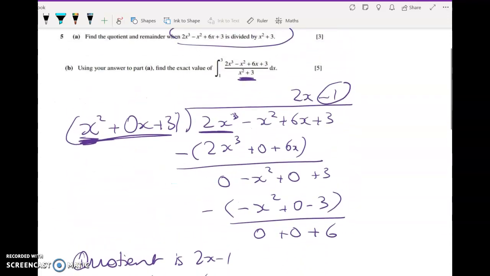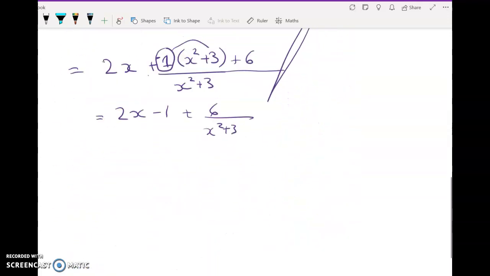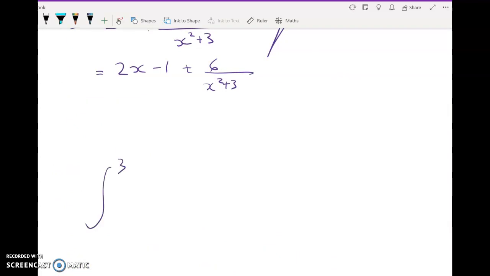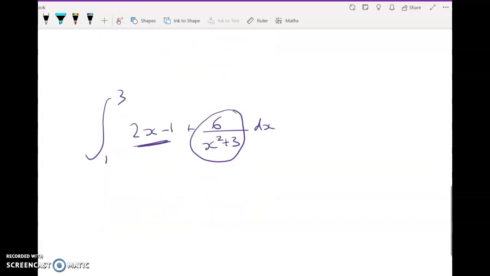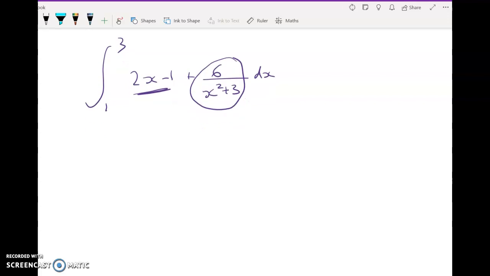And the integral is evaluated at the limits of 3 and 1. So we have this thing here. So this first bit is really easy. For this bit, we need to do a little bit of a detour. You can see that it's going to be something to do with tan inverse. All right, so I'm going to come back to it, but we'll first have a look at the basics of